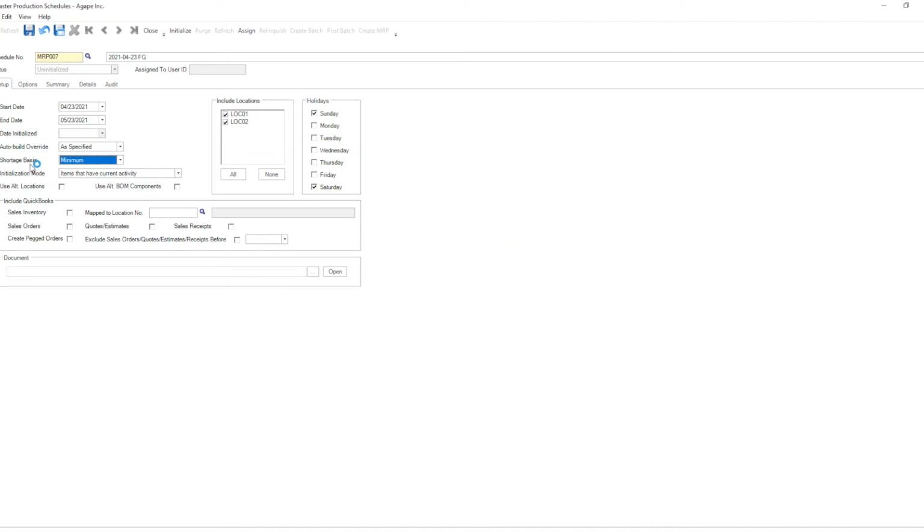Once I set my shortage basis to the selected value, then the next step is the initialization mode. I want to select all items. If you have alternate locations, you can select alternate locations here. What that will do is, if, for example, location 2 is an auxiliary warehouse for you, and it's really near to your location 1, you can identify location 2 as an alternate to location 1 in item masters, and then MRP, when the use alternate locations tick box is selected, will aggregate the inventory in both locations and compare the